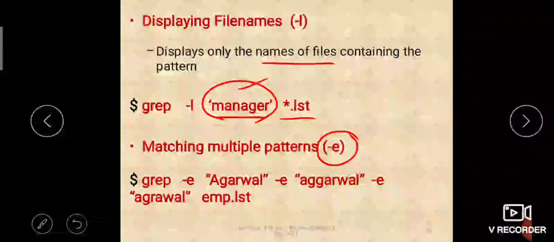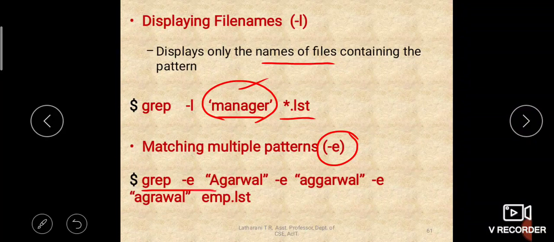See, multiple patterns you can match like this: grep -e Agarwal, -e Aggarwal, -e Agrawal. For every pattern you have to specify -e when you are matching multiple patterns. Okay, so you can see here Agarwal with capital A, here Aggarwal with double G, here Agrawal. So Agarwal's only different patterns it is written.